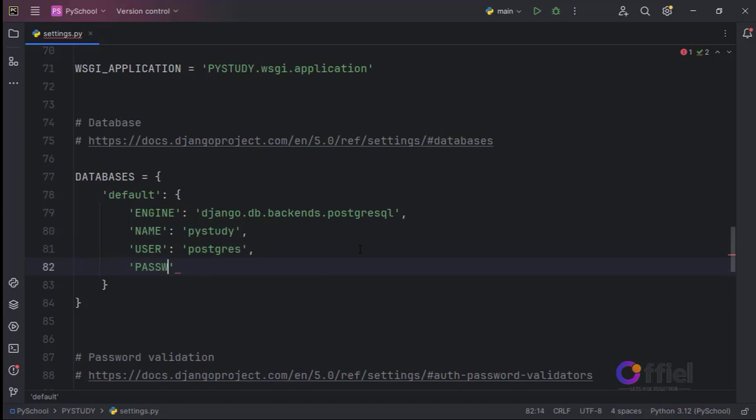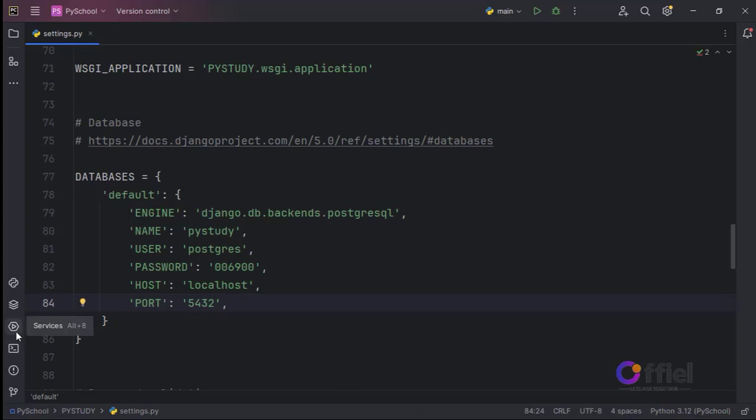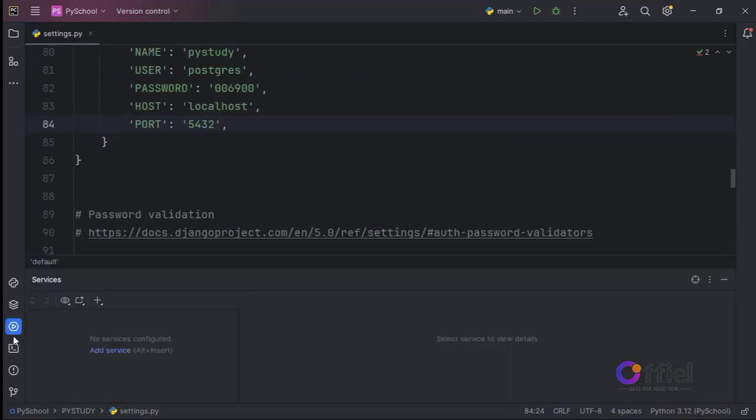Next is password, and that's the password you set up during Postgre installation. Next is host, and I'm using localhost. And lastly, port. And you remember during installation, I told you the default port is 5432. Now our database settings are done, but before we can use PostgreSQL with Django, we need